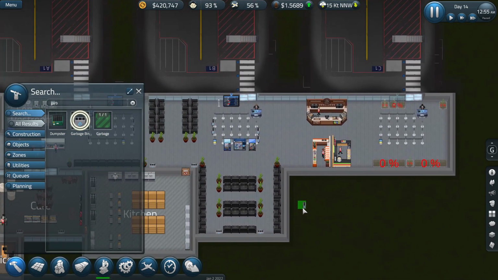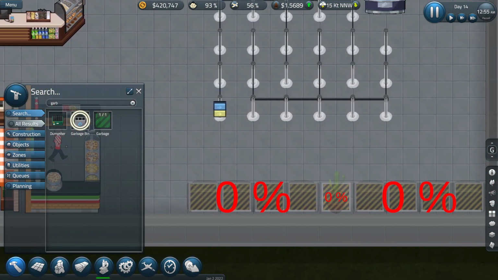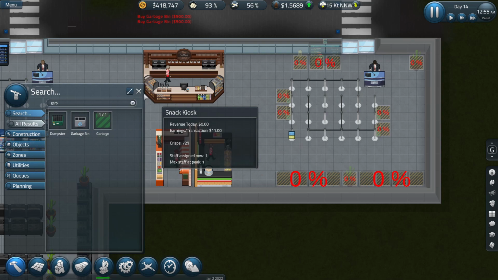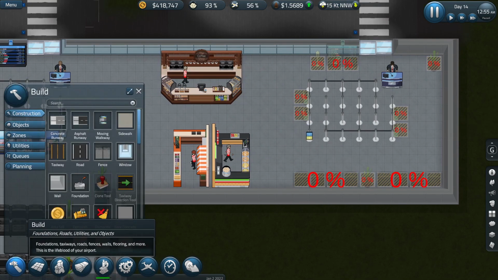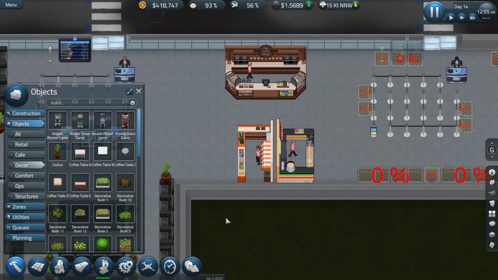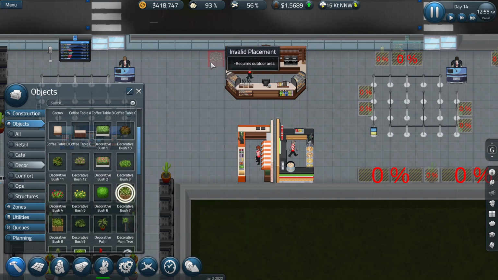To keep with what we've been doing here, we put 2 here. I think we do 2 here. So that will get that area up. We're also going to come in and put just a few more decorations around as well. And then we're going to start planning some, I would say, major